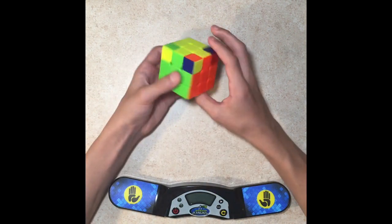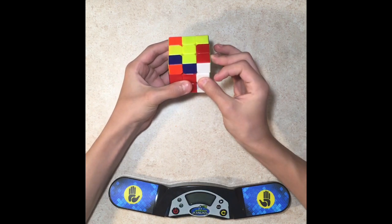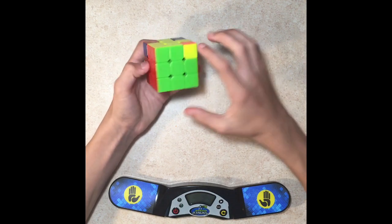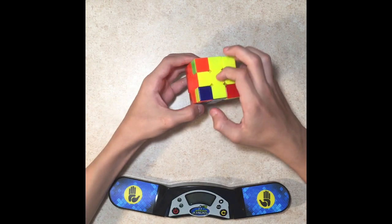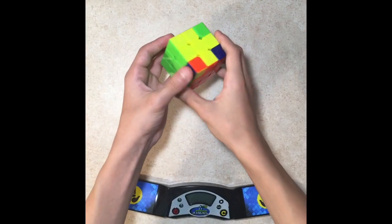Now, what you want to do is this algorithm here. R, U, R prime, U, R, U2, which means you turn the up face twice, R prime, U. Now you should have all the edges solved. Red, red, yellow, yellow, green, green, yellow, yellow, orange, orange, yellow, yellow, and blue, blue, yellow, yellow. As a side note, if you do not see two faces that are next to each other that have their edges solved, you may need to rotate the cube. If you get a case where two faces are opposite from each other, now you're on to the last step,